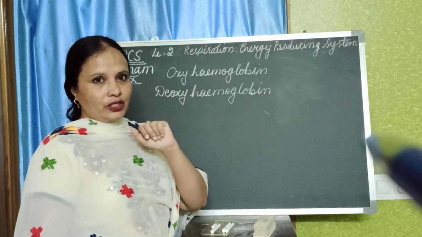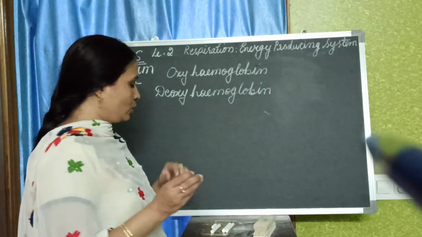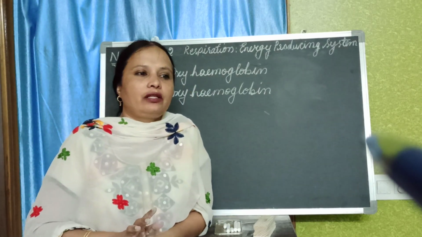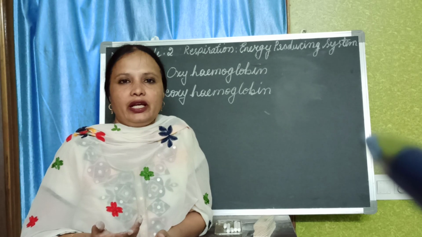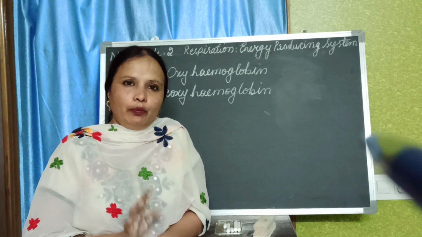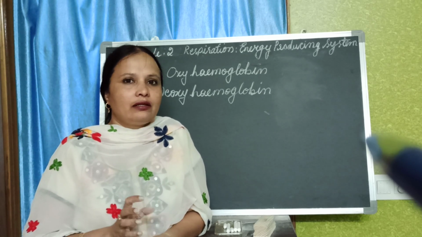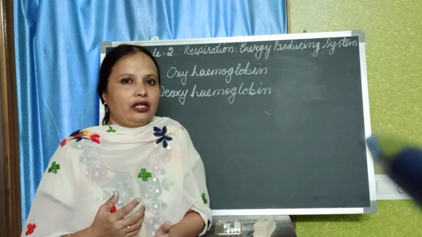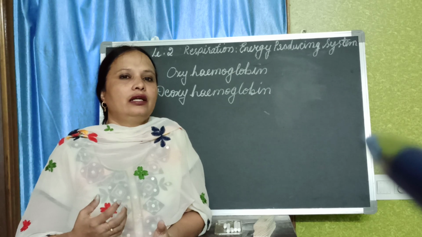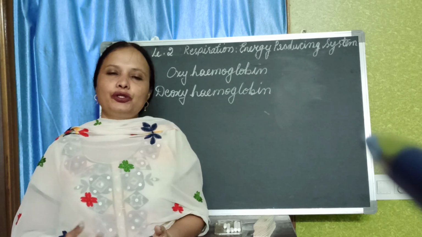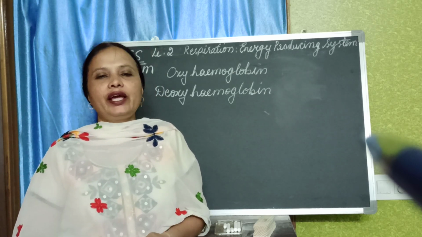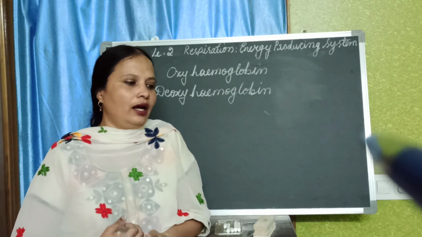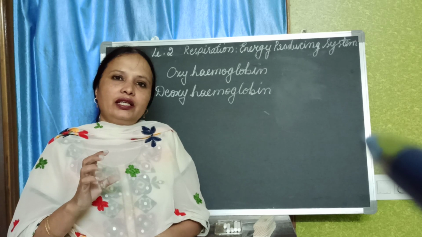There are two concepts here, oxyhemoglobin and deoxyhemoglobin. I just want to explain this for you to understand. Our body has blood. Blood is the transport system in our body. It circulates everything, including nutrients and waste. It transports everything in our body. It helps in circulation. And what is there in that?